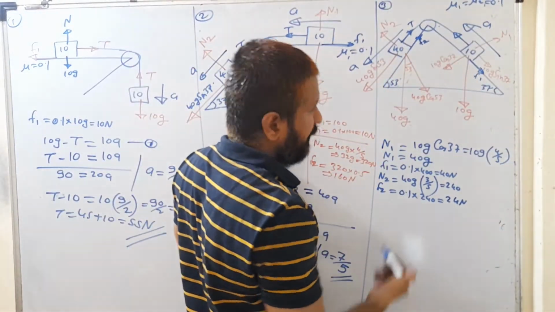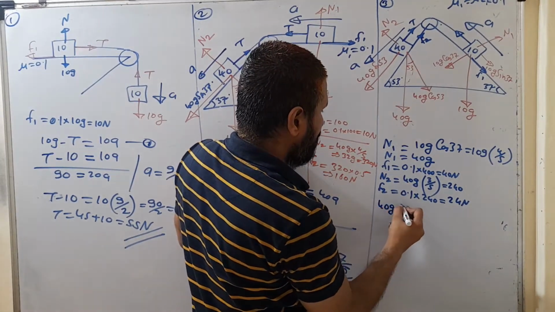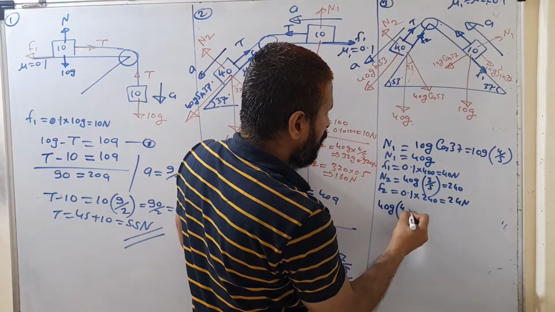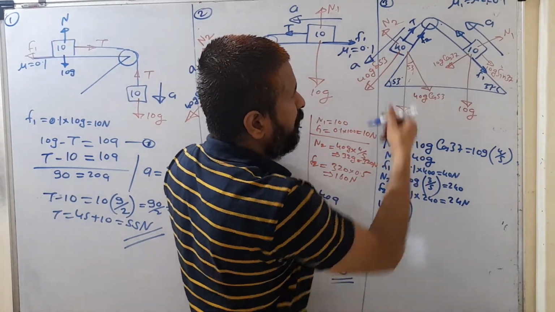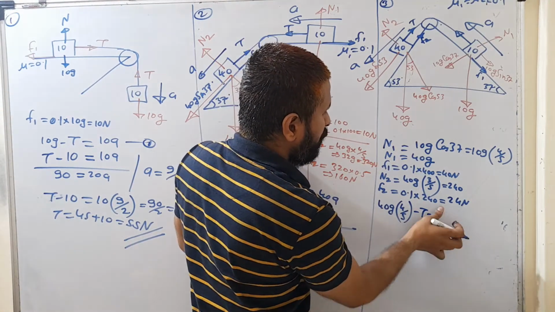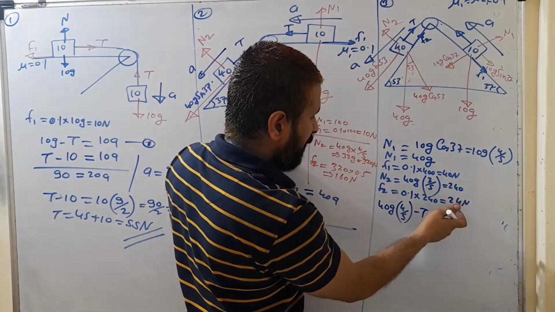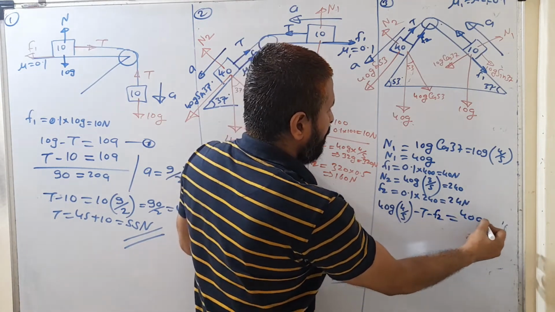For this block if you are writing, इस पे downward force क्या है, 40G sin 53. So 40G sin 53, sin 53 is what, 4/5. This is the downward force. इसके अगेंस्ट क्या है, टेंशन एंड फ्रिक्शन, बिकॉज ये ब्लॉक नीचे आ रहा है तो फ्रिक्शन ऊपर लगेगा, तो अगेंस्ट दिस टेंशन एंड माइनस F2 फ्रिक्शन फोर्स आई हैव कैलकुलेटेड, F2 इज व्हाट, चलिए F2 ही लिख दे रहा हूं मैं, इज इक्वल टू 48.